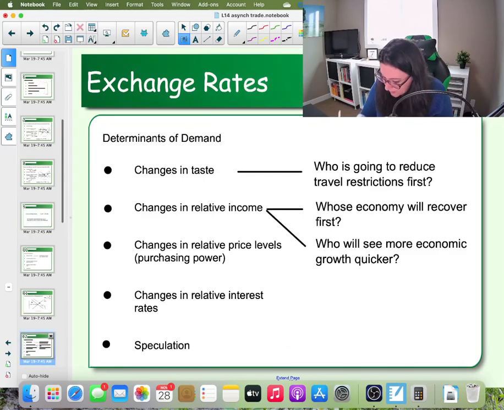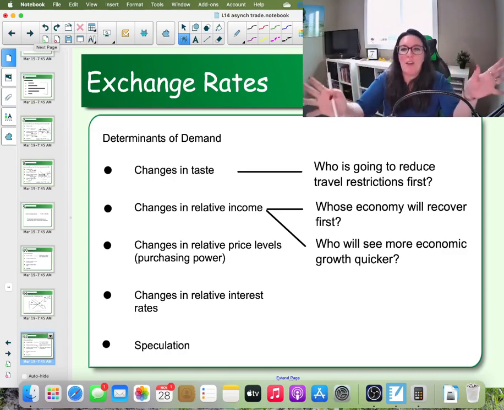All right, let's look at what else could change. The second is change in relative income. So we need to ask ourselves, which economy will recover first? Who's going to see a rebound in terms of jobs and pay, and who's going to see greater increases in income? Who's going to see more economic growth, quicker, faster, bigger? Whoever is seeing that rebound will then be the one who spends. If it's Canada seeing a greater increase in their income, they're going to then supply the Canadian dollars out in the rest of the